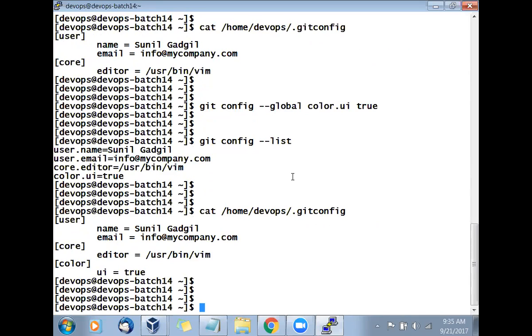If you have not set this, Git will not work properly. It will complain to you again and again. What is your username? What is your email? And so on. First two are mandatory. Second two are optional. Okay, so first two are mandatory. Second two are optional. So we are going with that.